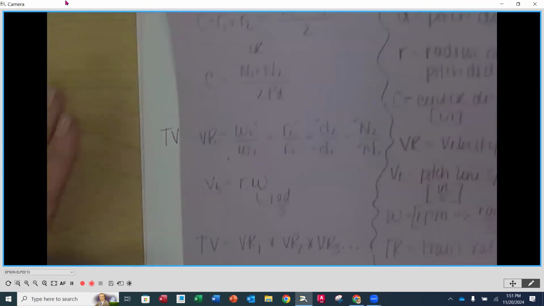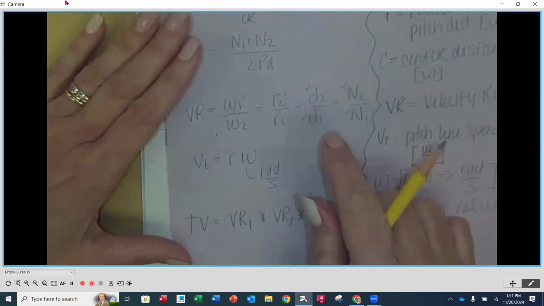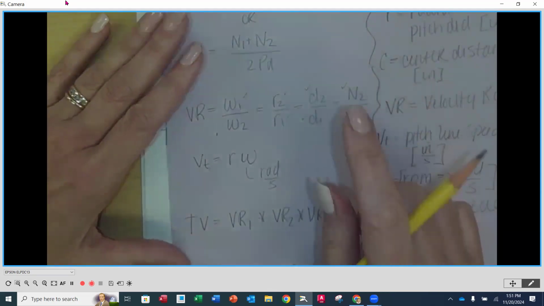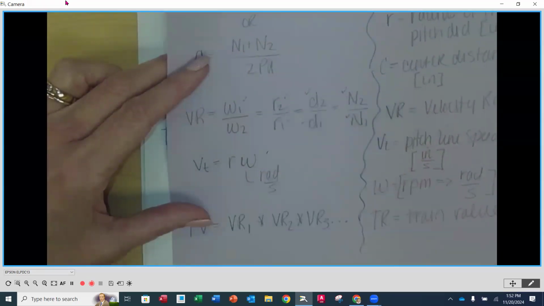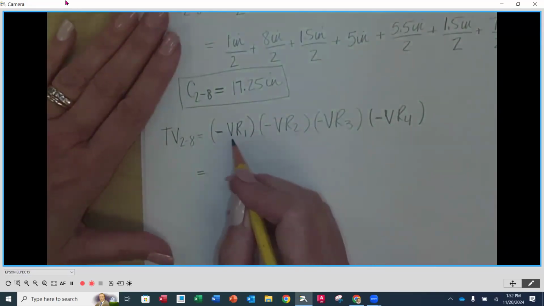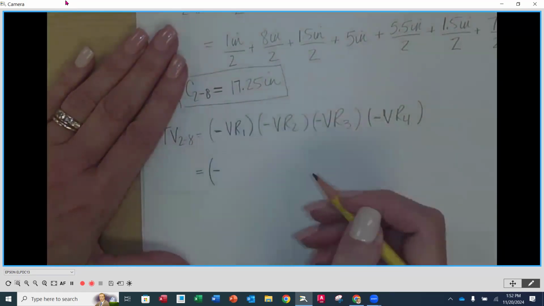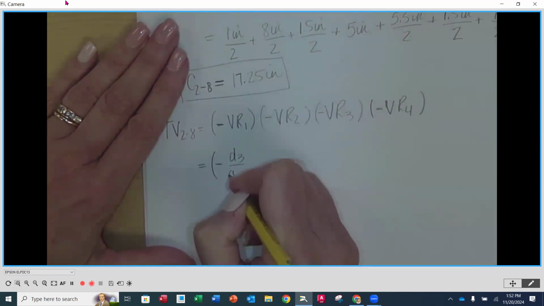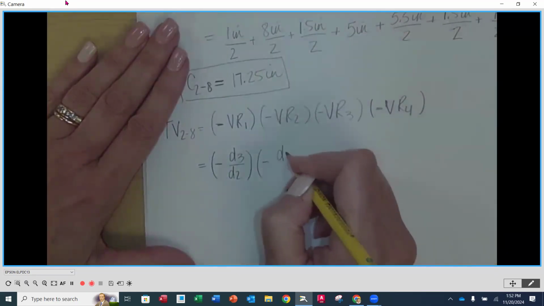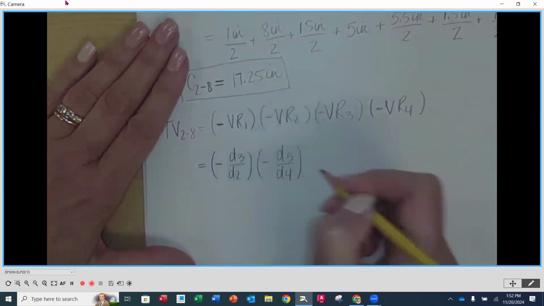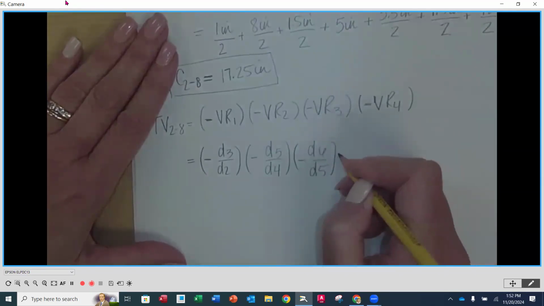We know that we can figure out an individual velocity ratio by using the diameters. On top is going to be your gear and your pinion of the two that are in engagement. The smaller of the two is going to be the pinion. The larger of the two is going to be the gear. So when we look at our first one here, that is going to be the two gears. So this is going to be negative D3 over D2 times negative D5 over D4 times negative D6 over D5 times negative